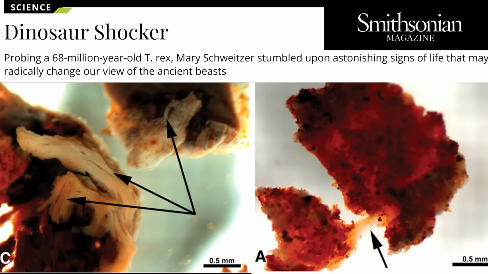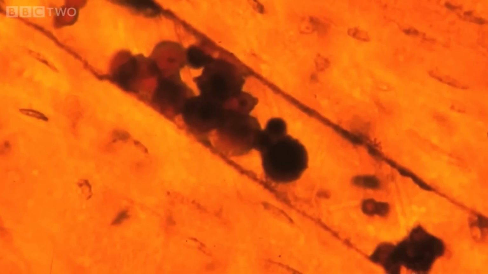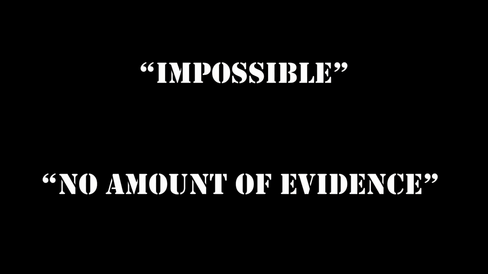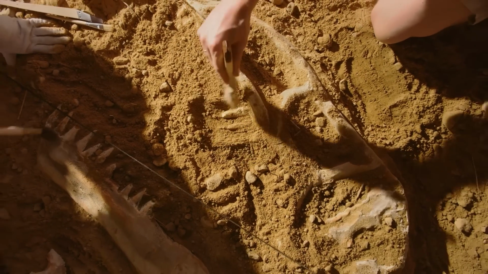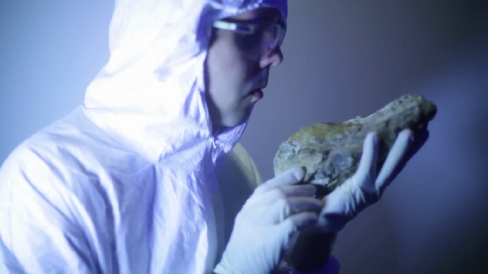What is this material that Dr. Schweitzer found inside a dinosaur bone in 2005? Why was it reported on 60 Minutes, NBC News, BBC, and other news outlets around the world? When she first tried to publish this dinosaur soft tissue discovery in science journals, why did some reviewers refuse to publish her findings, stating that they were impossible and that no amount of evidence would convince them that her team really found original dinosaur tissue? And why did the scientists who excavated these bones report that the ground had a stench of death and that the odor from the bones reminded them of the smell of cadavers?